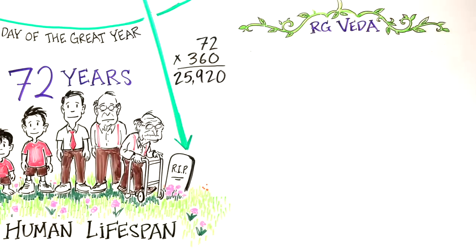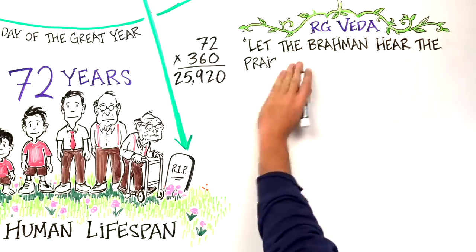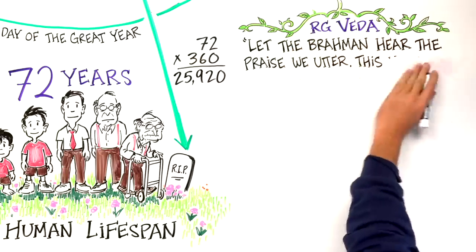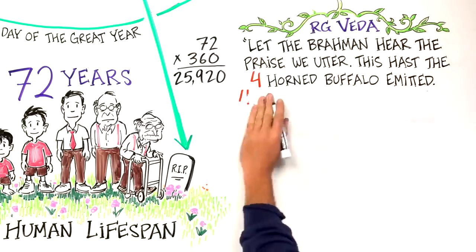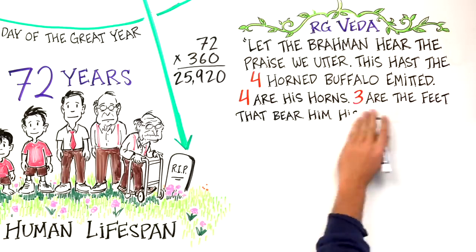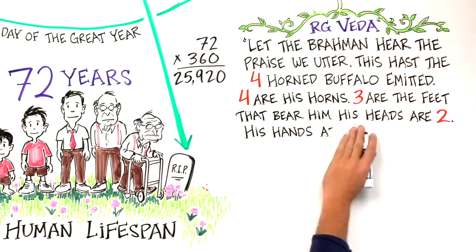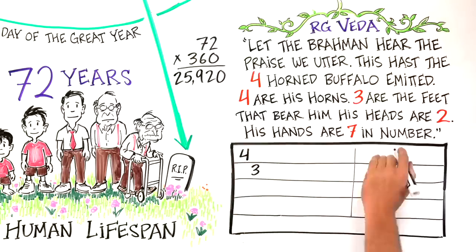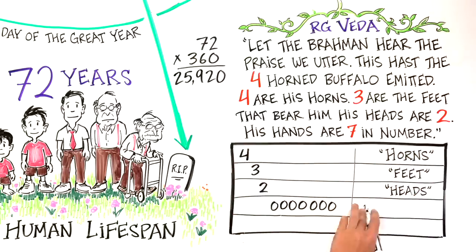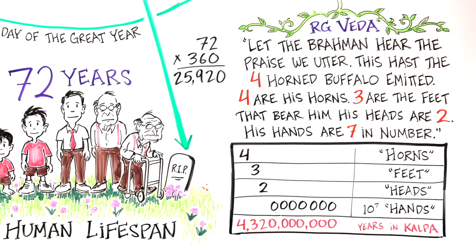In the Vedas, they had various ways of encoding references to numbers. "Let the Brahman hear the praise we utter. This the four-horned buffalo has emitted. 4 are his horns, 3 are the feet that bear him, his heads are 2, his hands are 7 in number." Notice 4, 3, 2, raised to the 7th power, gives you the number of years in the ancient Vedic time span,